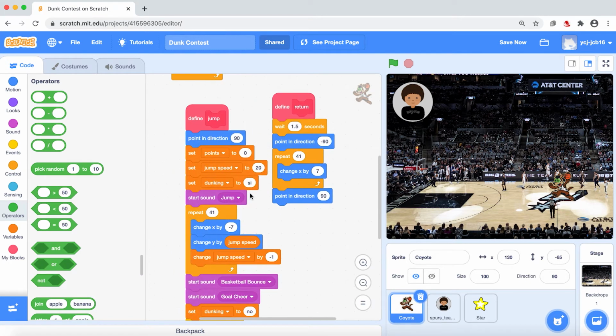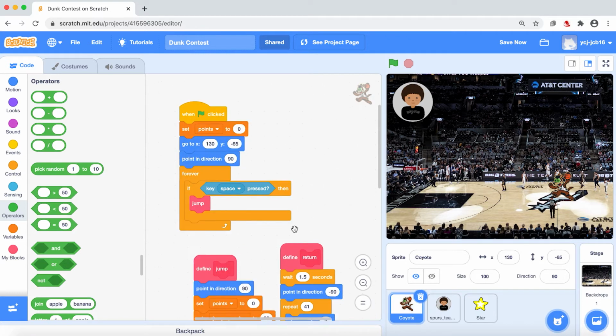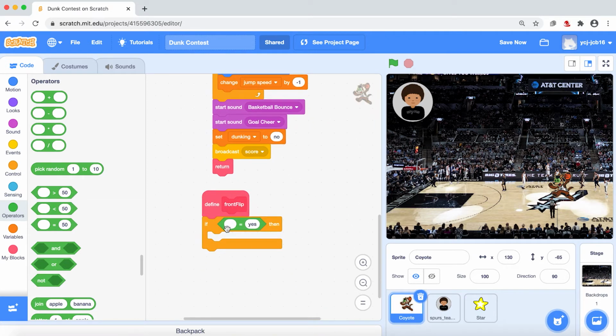And I don't know why my code keeps defaulting to this, but I need to change C to yes. Alright. So we've got that worked out. The next thing we're going to do